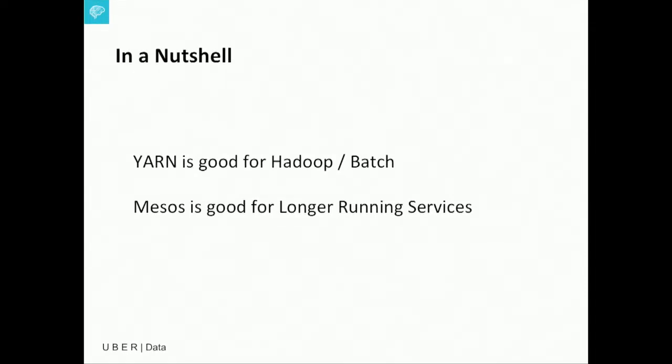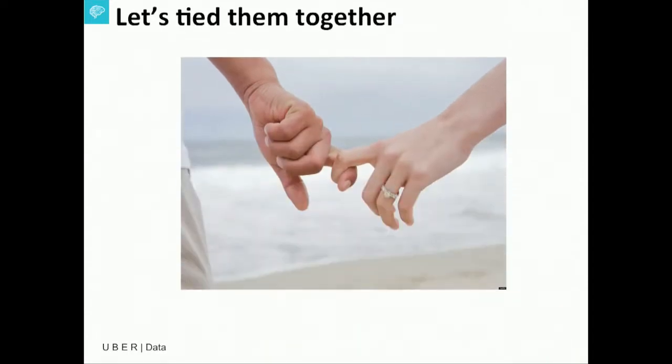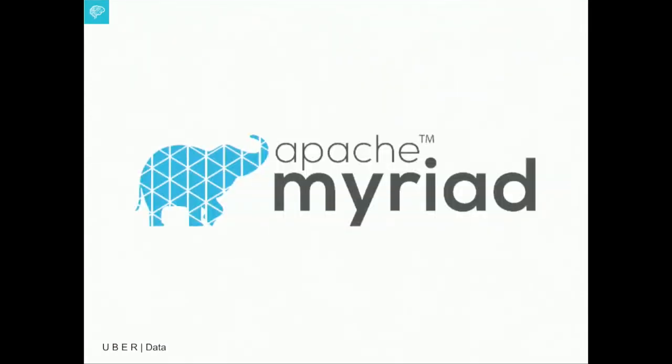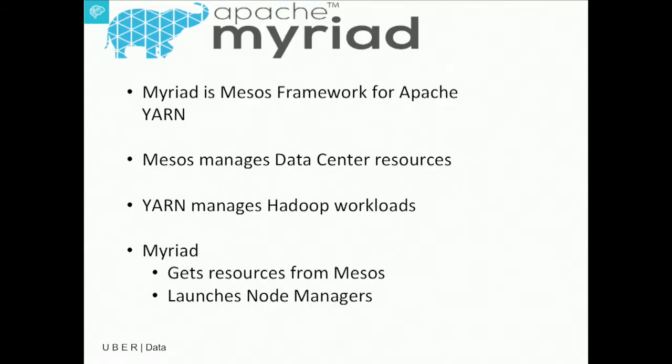The first thing that comes to mind is, let's combine them together, right? So we tried. There is a project called Apache Myriad, which tries to do that in some shape and form. Apache Myriad is pretty much a Mesos framework for Apache Yarn. Mesos manages data center resources. Yarn manages Hadoop workloads. So what Myriad does is it takes the resources from Mesos and gives them to Yarn,